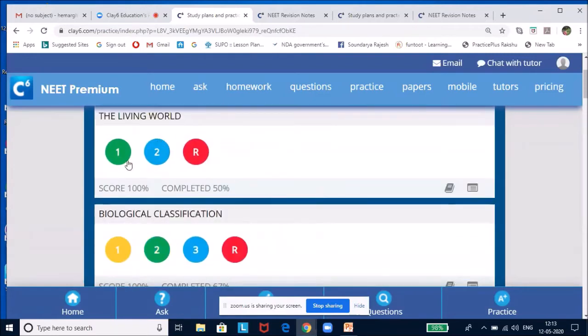The green bubble means you have already completed the test, but you can retake the test any number of times as you want for practice. Suppose in one test you have scored fewer marks, maybe you want to improve your score and see how much you can recollect again. To improve your understanding, you can click the same test again. If it is blue, you have not yet started the test. If it is R, then it is a randomized test.